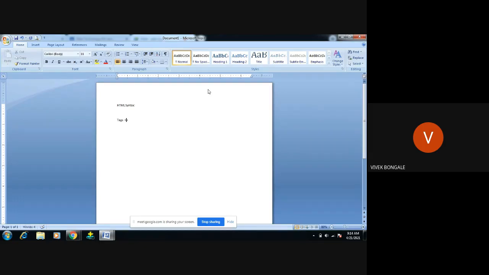Whatever text we write in between this angular bracket, we say it is an element.